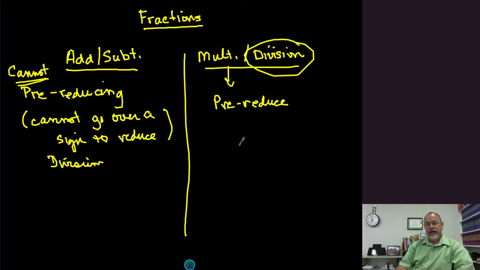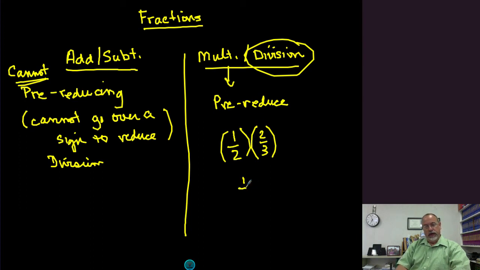So only with multiplication can we pre-reduce. So if I have 1/2 times 2/3, now there's no multiplication sign in between here. We've got two parentheses next to each other which indicates multiplication. So when it's multiplication, well, if you didn't have parentheses, if you had 1/2 times 2/3, which occasionally you will see, you will not see it in upper level math. So I don't want you to use the x because that looks like the variable x, and we use x so often that we don't want to get confused.